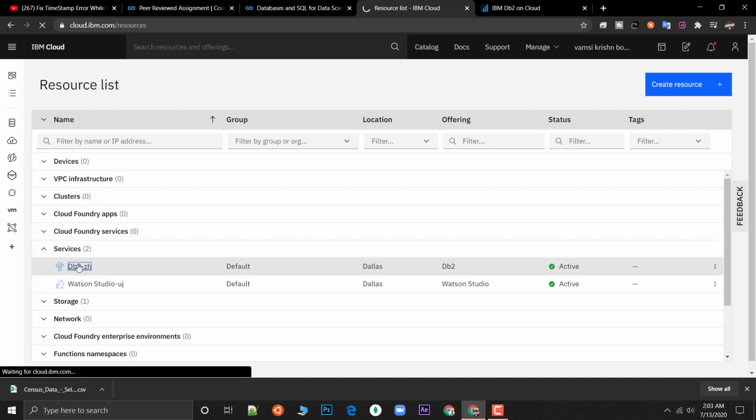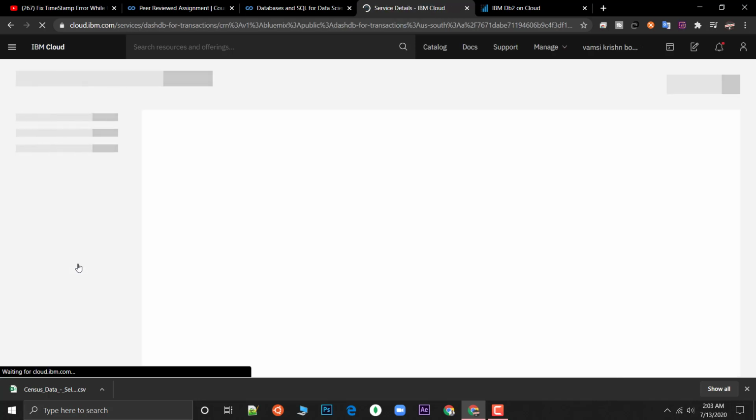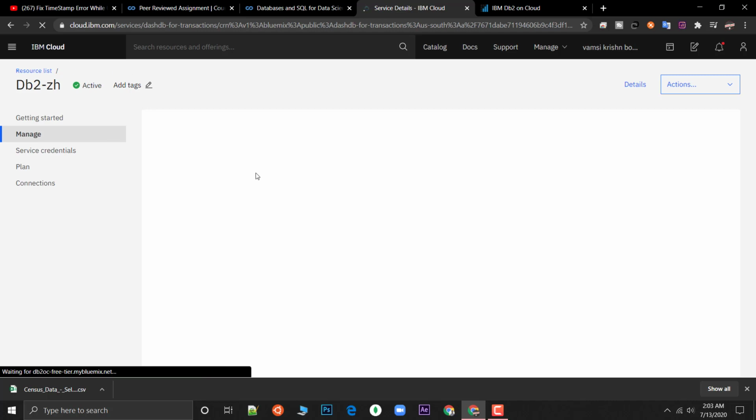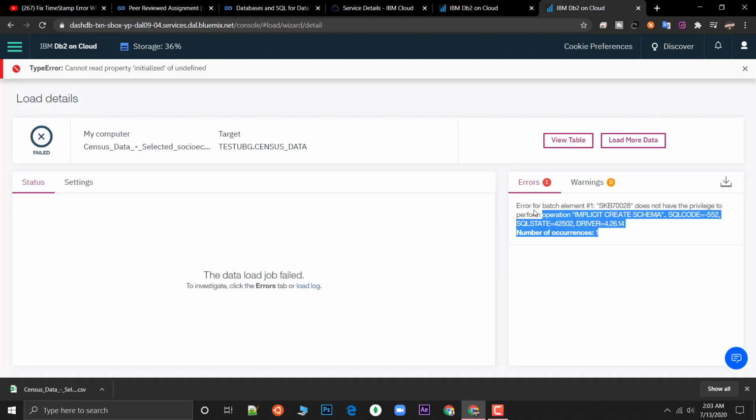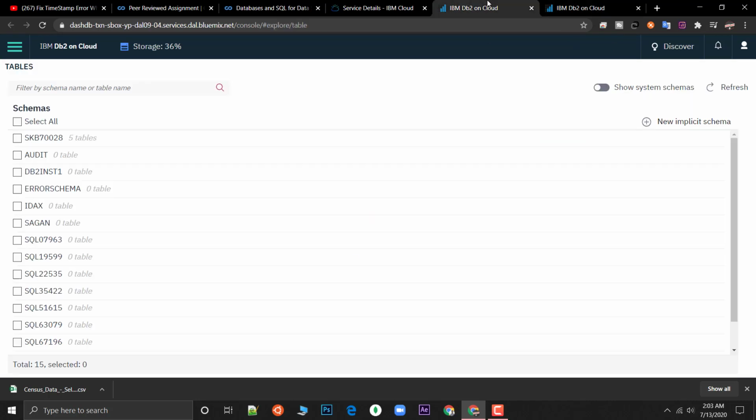So I went to the DB2 cloud service. Here it shows the services that I have opened, and in this manage page you need to go to open console, and it is going to open your DB2 cloud console. I'm sure you guys are already at this step, and you are either struggling to do this or struggling to load the data.